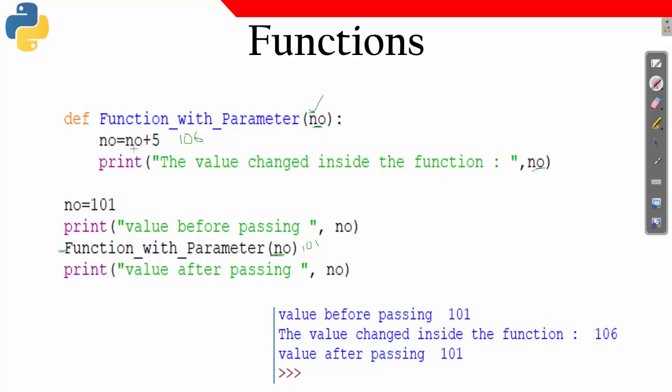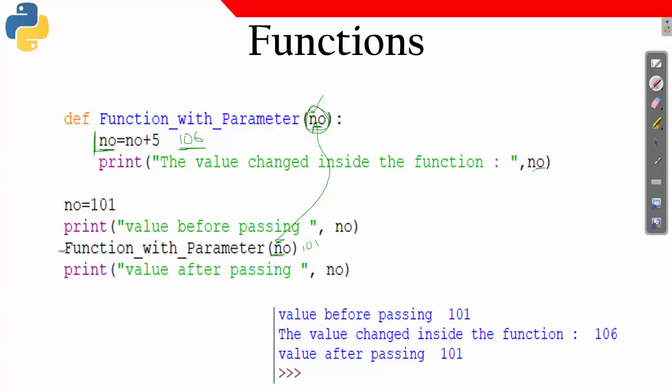So whatever value I change is local to this one. Of course the name is the same: the NO here and the NO here are the same. The variable names are the same, but their scope is different. NO is one more assignment here, and the scope of this particular variable is limited to